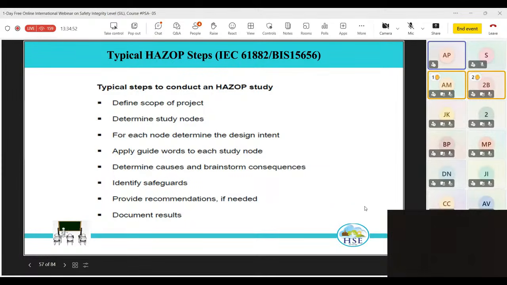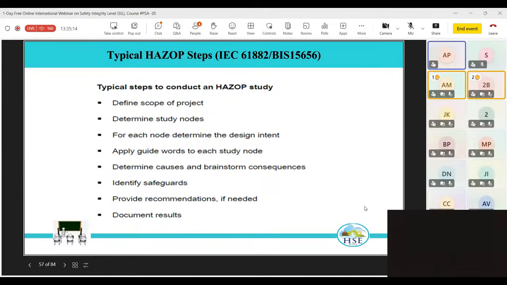Then apply the guide words like no pressure, less pressure, high pressure, no flow, less flow, reverse flow, misdirected flow, high temperature, low temperature, like that. You need to apply the guide words to study each node,